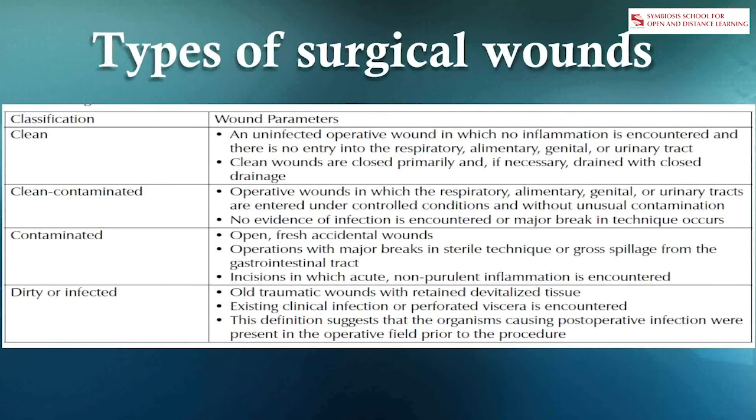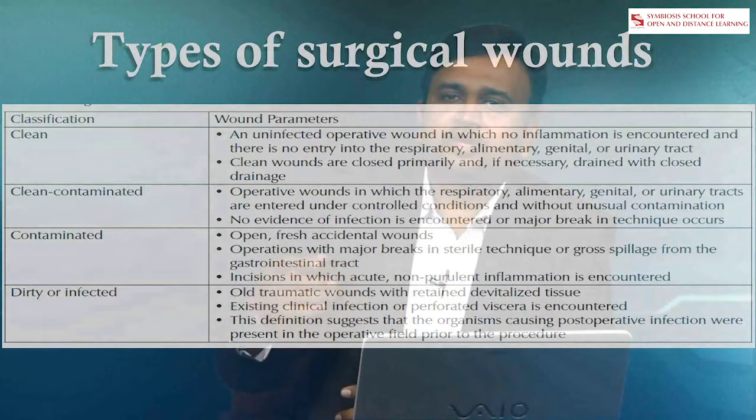So, for example, I'll give you, a clean wound is a patient going for a knee replacement surgery. A patient going for a prostate surgery, it's a clean wound. But if the patient is going for say catheter, ureteric stone removal, or a patient is going for say PCNL, or a patient is going for appendectomy or cholecystectomy, there are chances that the surgeon might be entering a GI tract or a GU tract.